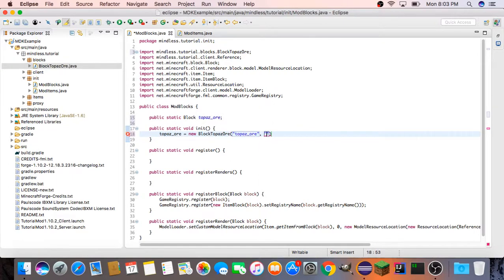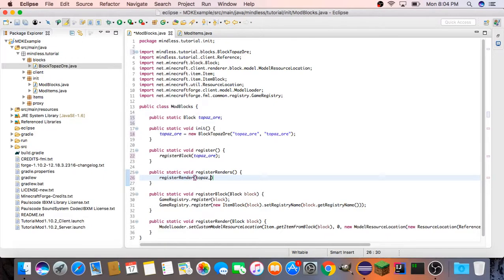The registry name is going to be topaz_ore as well. The register, we're going to do registerBlock topaz_ore. Register render is going to be registerRender